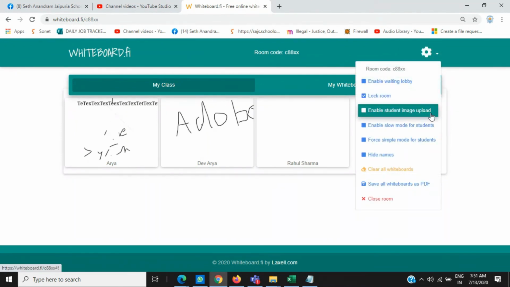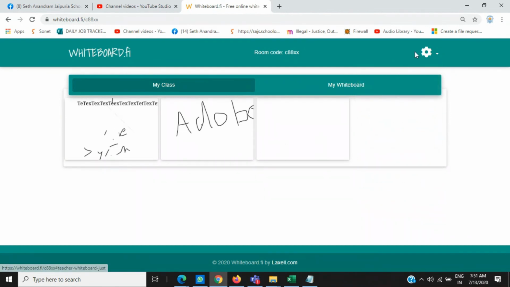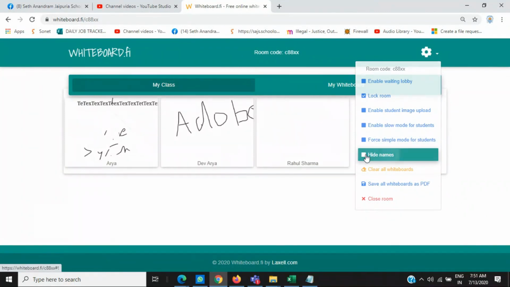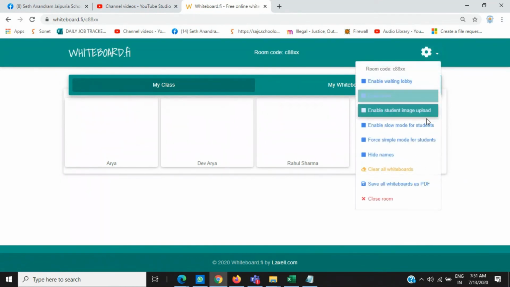Enable students' image upload, which we talked about earlier. If we enable it, it will be easy for students. If you want to hide names, the students' names will be hidden from the screen. And if you want to clear all whiteboards, you can simply click clear all whiteboards, and it will wipe all the data of the students.